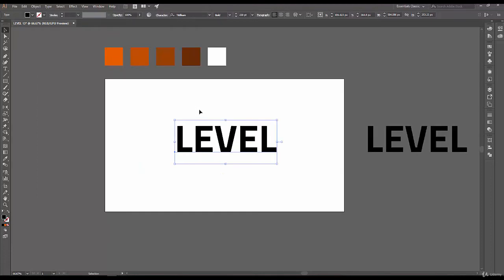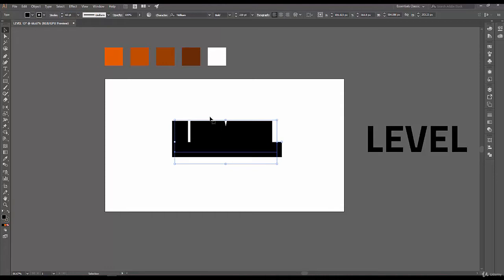To start off, we want to increase the stroke of this text that we have here. We're going to come over here, type in 60 and press Enter. That looks pretty good. Next, we want to expand it. Basically, expanding a text means we change the format of the text from a text object to a shape object, which will let us manipulate it a bit more, but we are going to lose the ability to edit the text later. Since we're sure about the spelling and everything, we can go ahead and expand it.